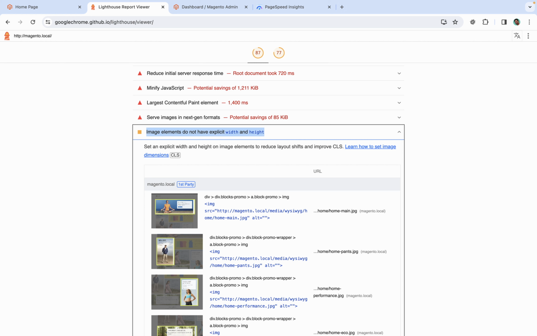They have mentioned the image also, which image has this issue. Similarly, we have many other suggestions which we need to implement. So you have to go through all these suggestions and implement them. We will see many of these suggestions in our video and implement them ourselves to improve it.